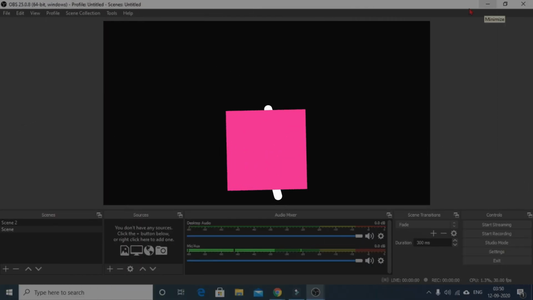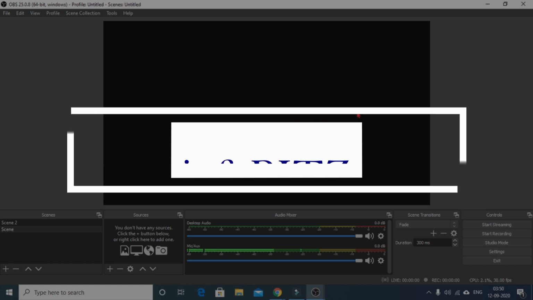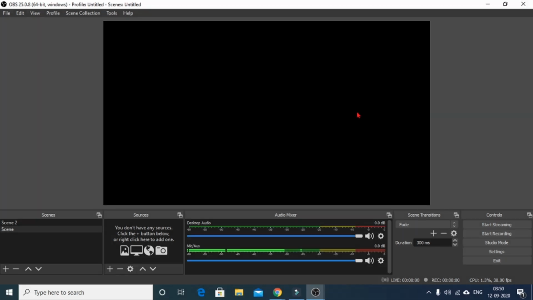Hello everyone and welcome back to another exciting episode on the video tutorial series on OBS Studio. In this video we will see how to do video recording using the sources called Image Slideshow. We will see how to add hotkeys and we'll also explore how to do screen recording. We will also learn how to download the final output file in MP4 format.